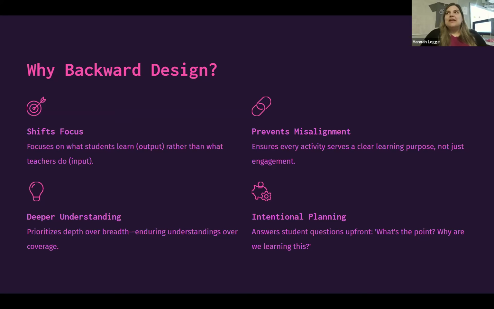So like I said, that alignment kind of is, as a teacher, your accountability partner, making sure that you and your lesson and your different learning strategies are aligned to make sure that we have that end goal in mind of what our student success looks like. It also allows for a deeper understanding, not just on the student's part, but on the teacher's part as well. It's kind of a baseline